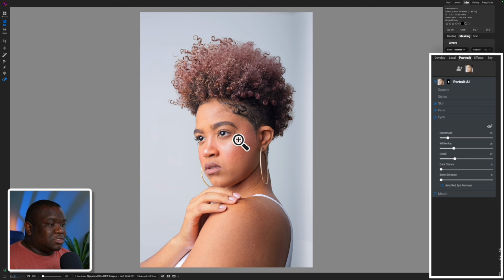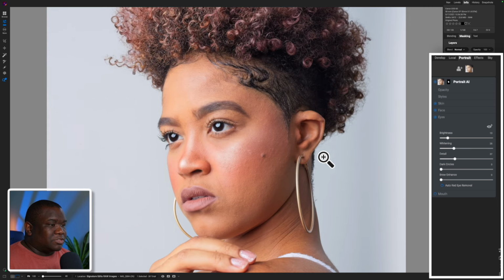And then there's a little bit of dark circles under her eyes, right? Because that's the next slider down. If I pull the dark circles to the right, you can see it's just starting to brighten up, and it looks like it's going over her eyes and not even getting under there. So I may not even use it on this particular edit, but